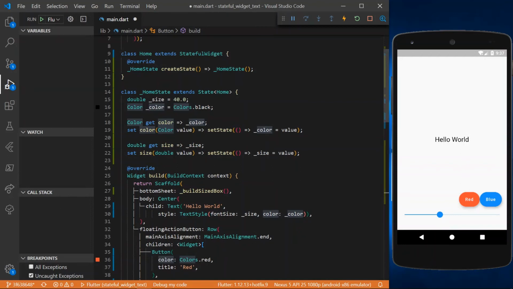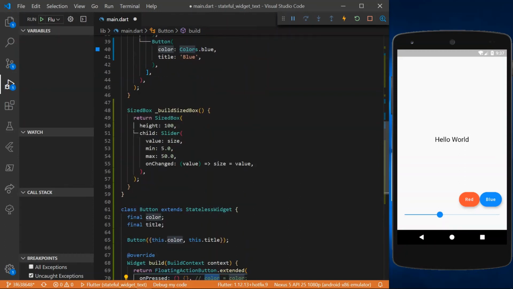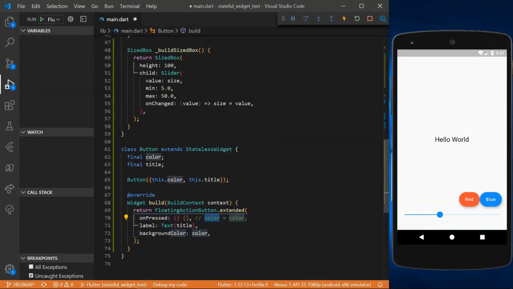So the workaround for this scenario is basically we can use parameter passing. I think it's quite confusing if I am using something like this, because they are the same but they serve different purposes. This is the attribute from button, and this is the attribute from home state. So what I can do here to make things easier,